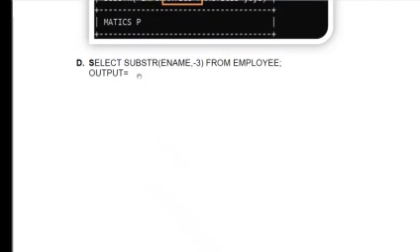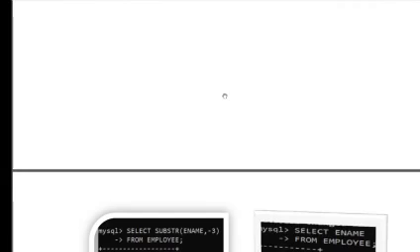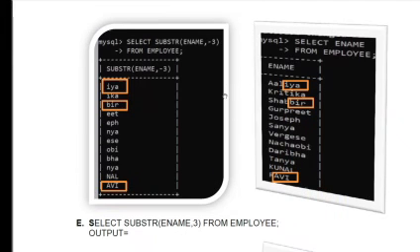Now apply the substr function to the table, in the employee name column. So select substr name comma minus 3 from employee. See the output. First of all, observe what is stored in the employee table. The reading order is minus 3, so it will read 3 letters from the right hand side.